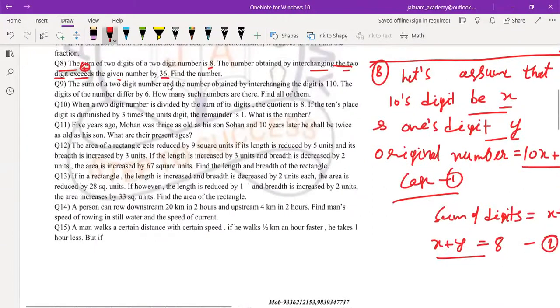So you can solve all the questions involving two-digit numbers with this method till question number 10. And then apply your brain to solve the others also. Otherwise, we will discuss them in the next session further. So hope you all must have understood how to solve simultaneous linear equations, how to form them. So continue to solve, continue to ask your doubts.